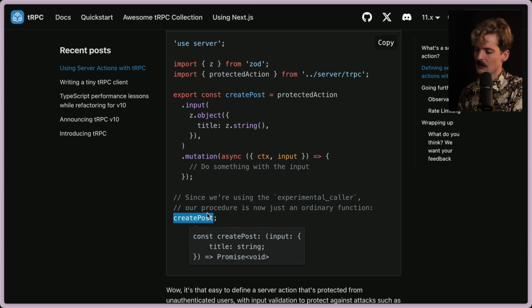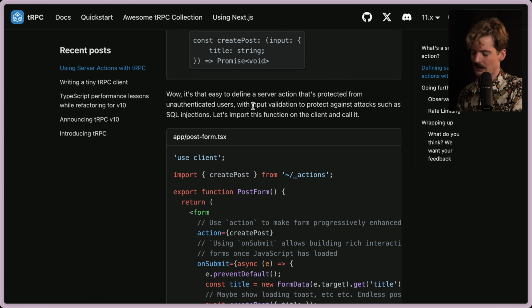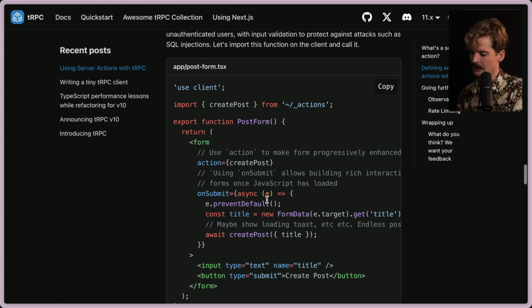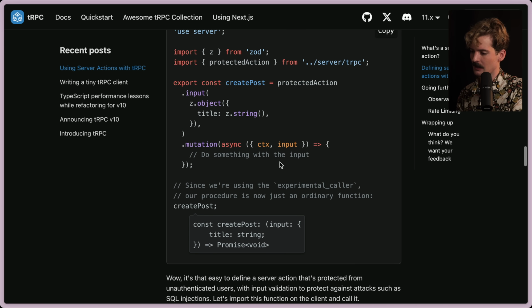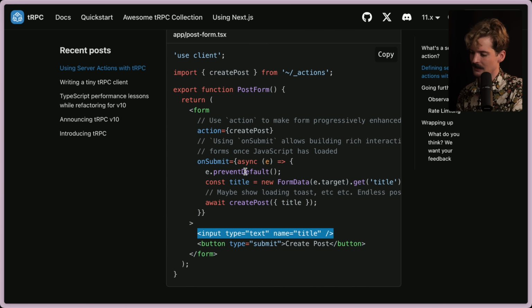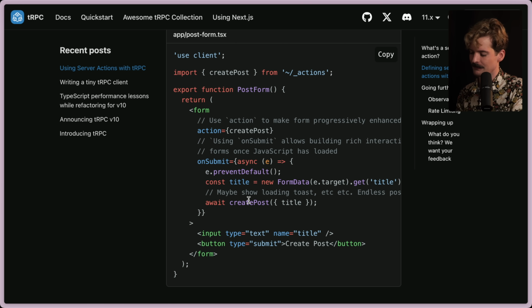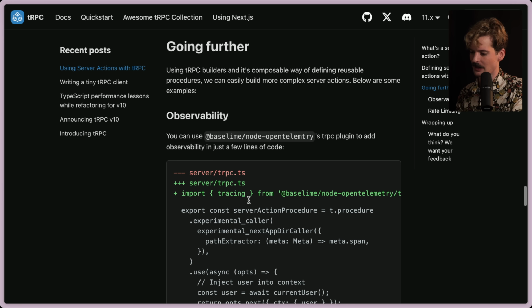And now we can call this either through a form or through just calling it in our client-side code, which is super, super easy to do. It's also protected from authenticated users due to the context that they added earlier. And now we can bind it in a form just like this. So this action expects a title. So now in the form, we have input type is text, and on submit, we have this extra stuff that we can do here in order to actually show anything we want to show. The usual submitting stuff with TRPC.